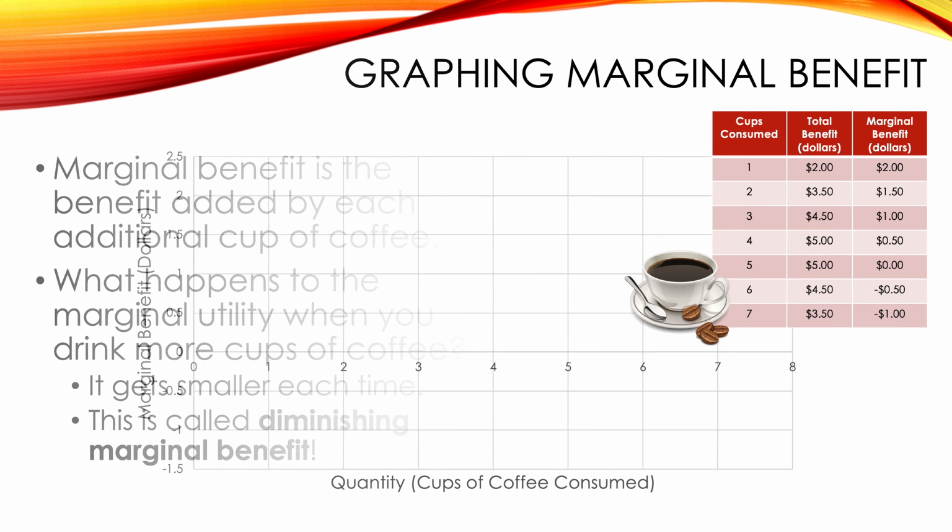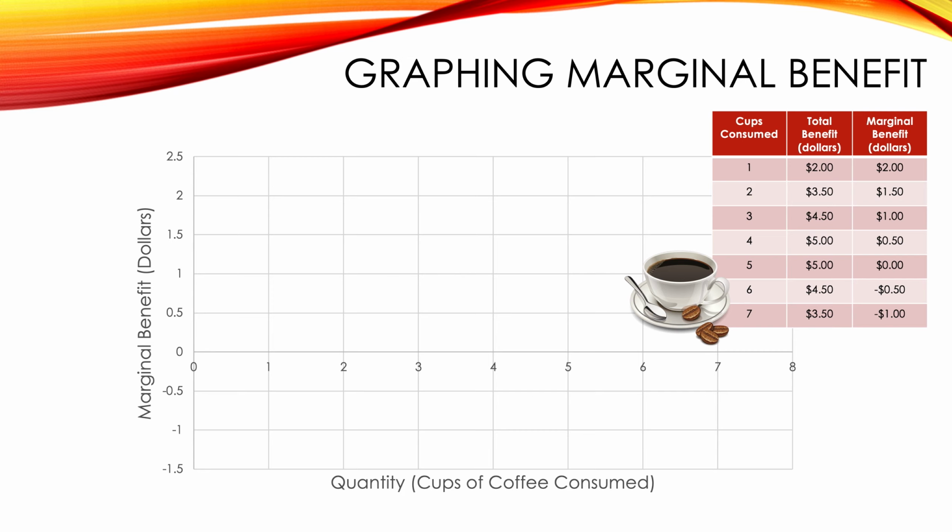So if we were to graph this one, taking a look, first cup of coffee gave us, as we know, $2 worth of benefit. Great. Second cup of coffee, the marginal benefit, which by the way is what's on the y-axis now, marginal benefit, not total. And this is the x-axis right here. It just happens to be in the middle of our graph because, as you probably can tell, we're going to have some negative values. So the second cup of coffee right here, that one gave us $1.50 of marginal benefit. So there you go. And you know what's going to happen.